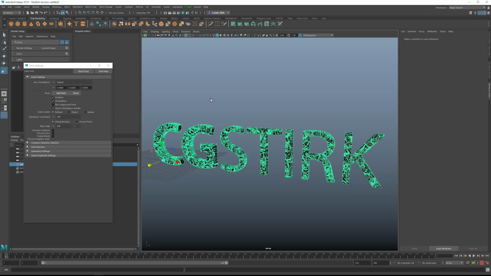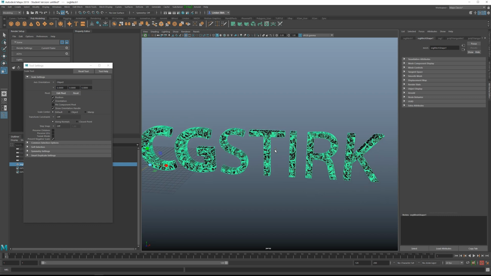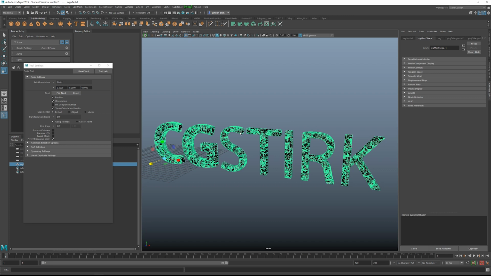So after we've triangulated, we want to separate the mesh, because all of these are one object right now, but inside this object, there are actually little sub-objects from when we extruded it. So you want to go up to Mesh and then Separate. Now, when you separate, depending on how many pieces you have, it could take just a few seconds or it could take a few minutes. It just depends on how many pieces you have and the speed of your PC. So just give it a few minutes and let it finish extracting all the pieces.